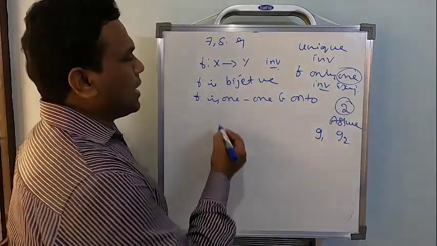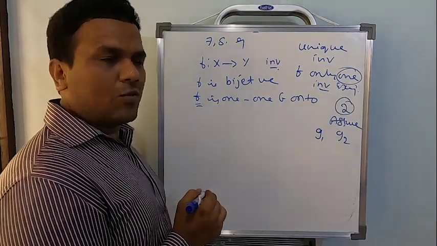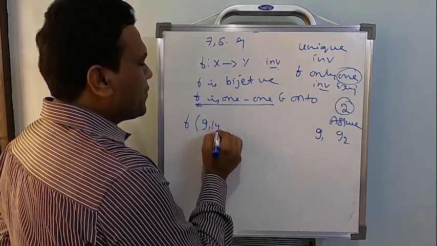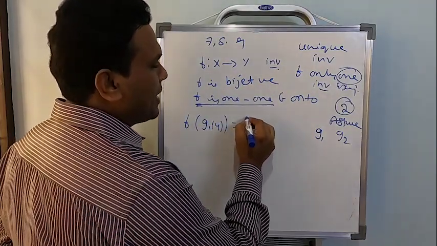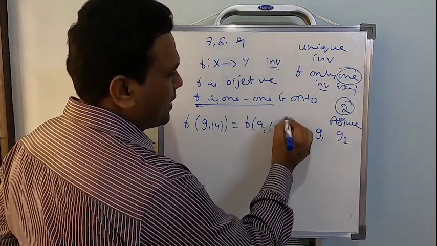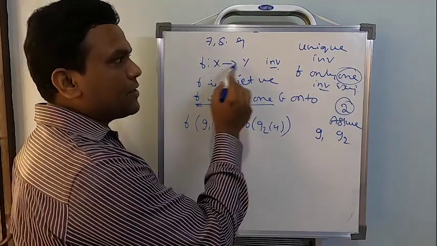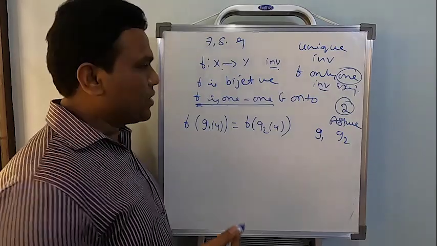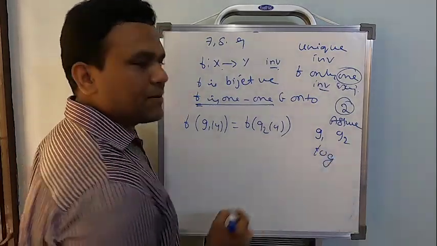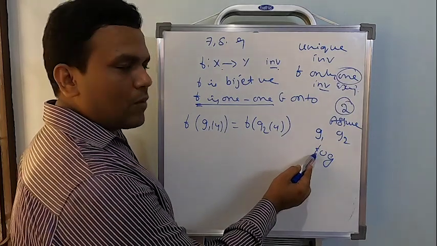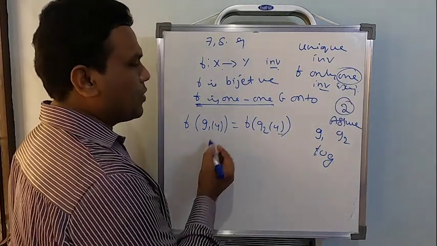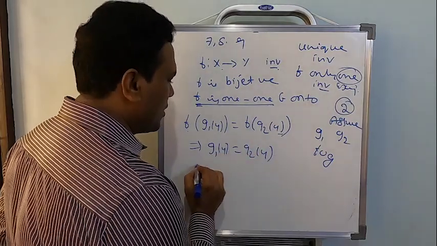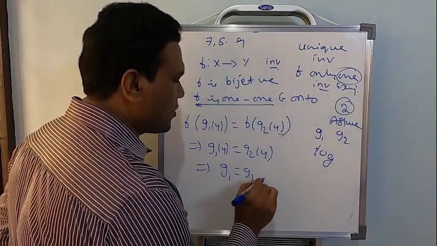Clear? Right. Okay students. Now they said f is already invertible, f is 1, 1. Correct, right? So since f is 1, 1, if I have f of g1 of y, it can be written as f of g2 of y. Why am I writing this? Because f is already invertible. Okay, so if f is already invertible, I will use the composition condition, f of g. This is the condition I am using. Okay, so if f is 1, 1, then what happens to this step now? So if f is 1, 1, then g1 of y will be equal to g2 of y, or this will just suggest that g1 should be equal to g2.